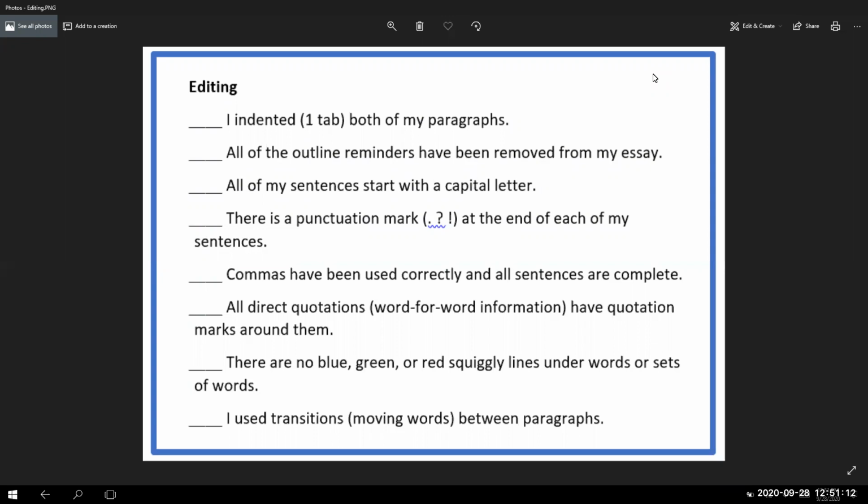If you haven't had a chance to take a look at my revising video, please make sure that you do that as well. These two kind of go hand in hand. Revising is the first step, then editing is the second, or if you like to edit first, then it'd be edit, revise, edit, okay? So editing is like the grammar,